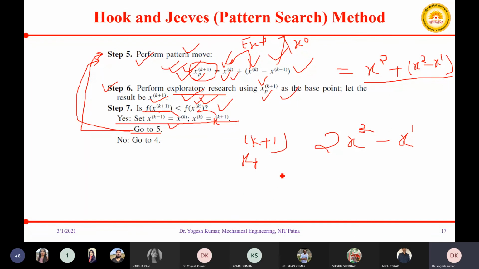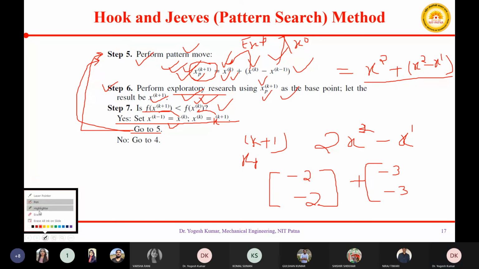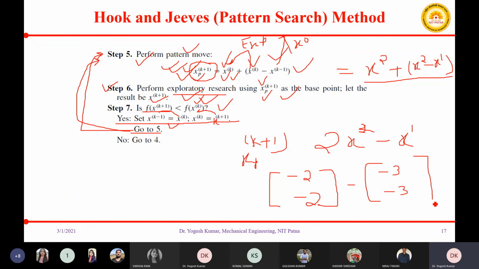For x2 we have the values -1 comma -1, so this will be 2 minus 2, and this will be plus x1, which was -3 comma -3. So if you calculate this value, this will be 1 comma 1.